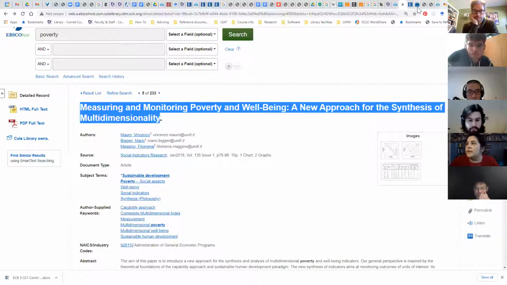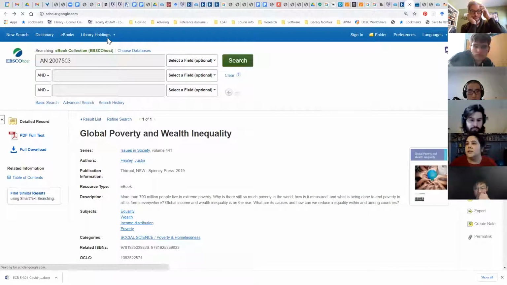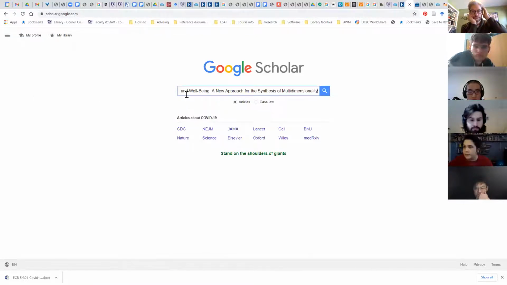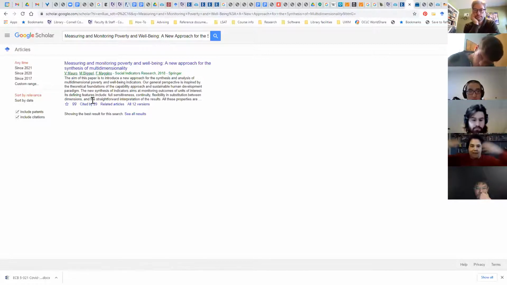But what Google Scholar especially shines at is this: you can plug an article that you find somewhere else into Google Scholar, and it has this feature down here, cited by. Because it's got access to almost every electronic scholarly thing out there, it pulls out all of the ones that mention this article.